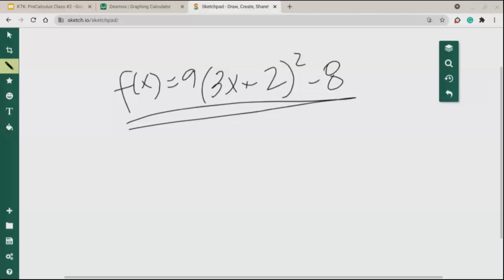All right. Let me go ahead and share the screen. There we go. Okay, so what we want to do is, in our parent function over here, we see that,